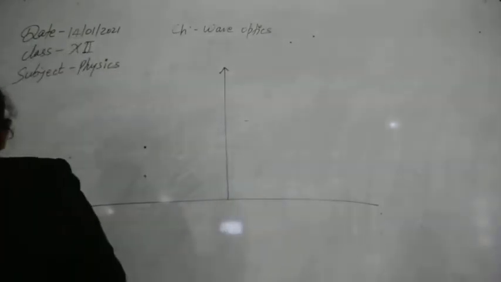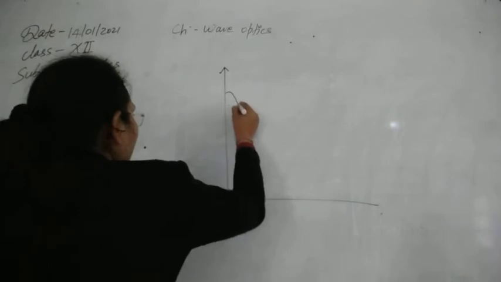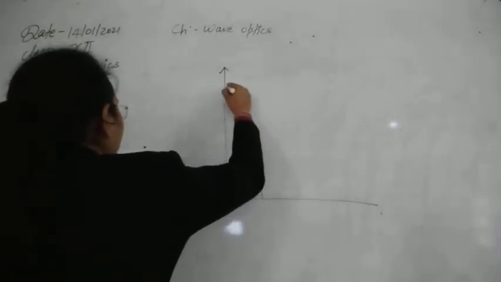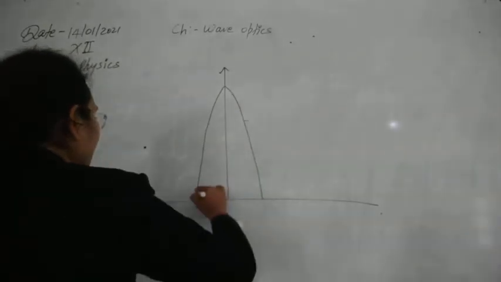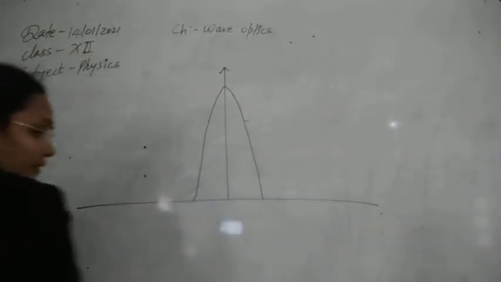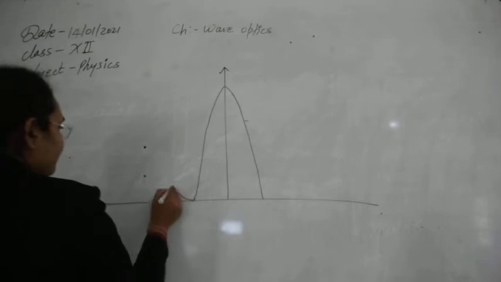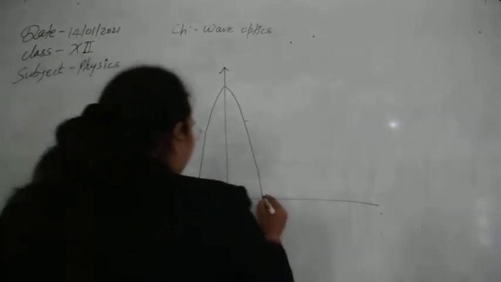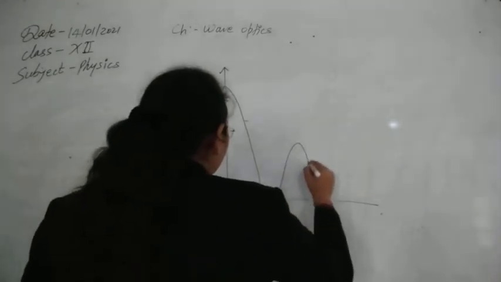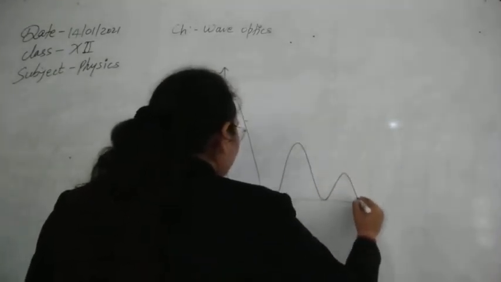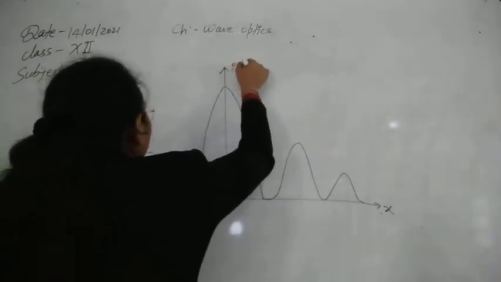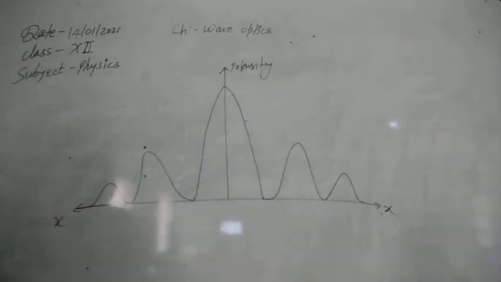So for that graph, in this case, the central point has maximum intensity. After this central point, the intensity starts to decrease continuously. So this is the type of graph we get for the intensity versus distance curve. On this axis we have taken intensity, and on this one we have taken distance on both of the sides.